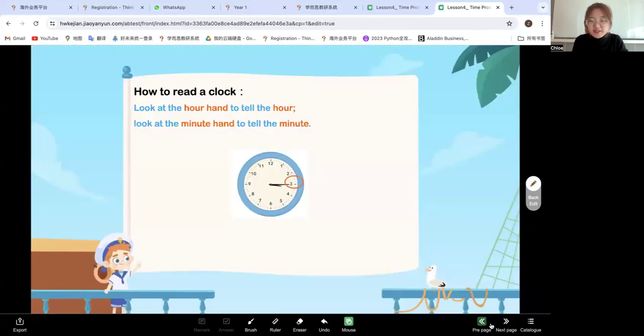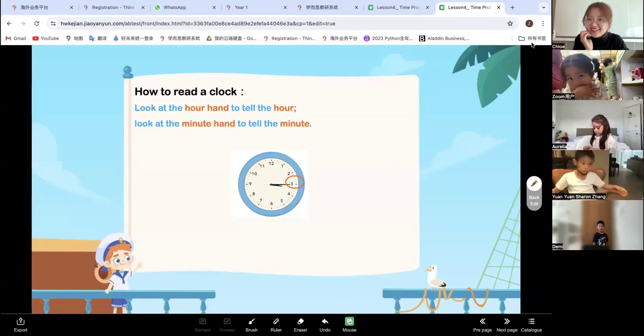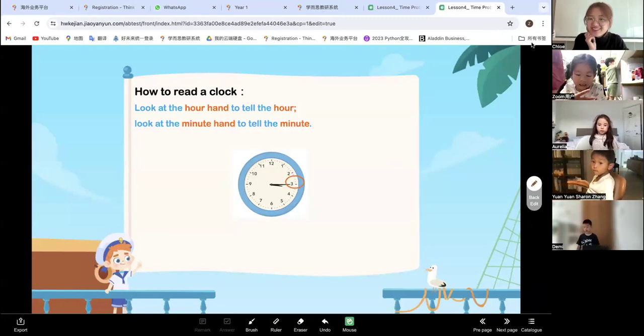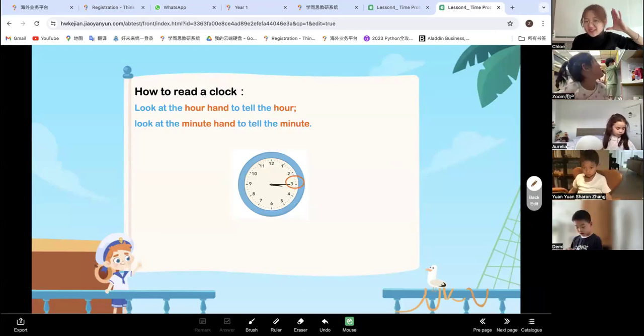Okay. So now we learned how to read the clock, right? For the hour, we will read the hour hand, the shorter one. For the minute, we will read the longer one, the minute hand. So now, everyone, on the screen, what's the time now? If you have any idea, you can raise your hand and tell me, okay? What's the time now? Okay, tell me. 3, 2, 1. The time is